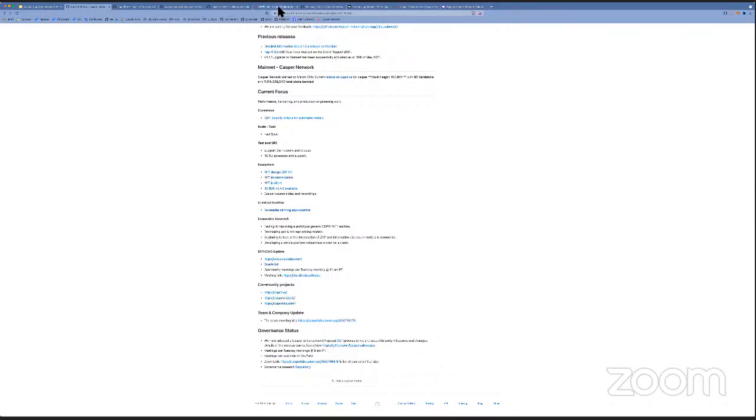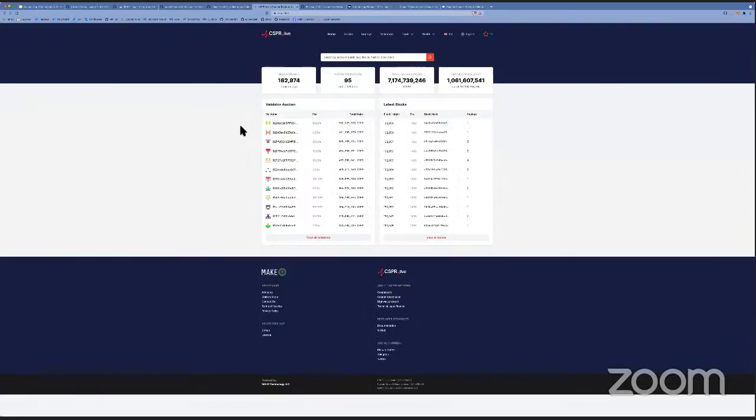Moving on. With regards to Casper Mainnet, it's up and running stably. We have over 7 billion tokens staked. We have 95 active validators out of 121 bits. There are important announcements for mainnet validators. Soon we will also announce when they need to stage a new version of our blockchain protocol. So you should watch our Telegram channels and be prepared to download the binaries and make sure that they will be staged in time.